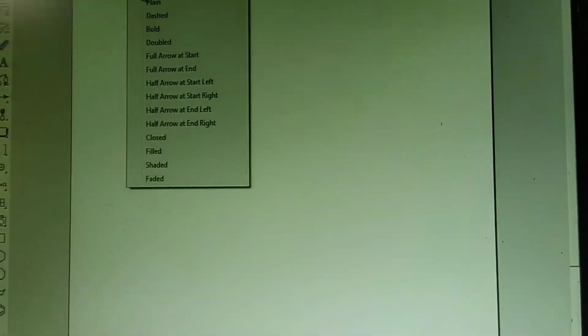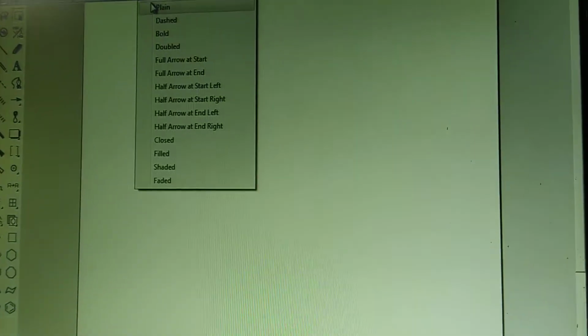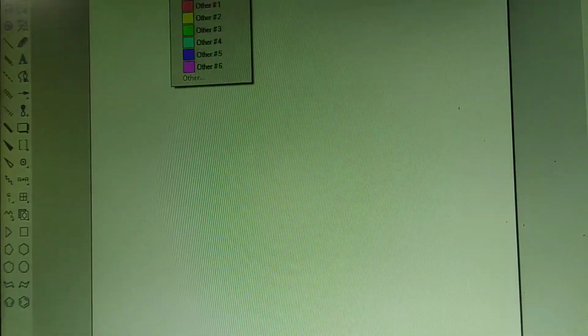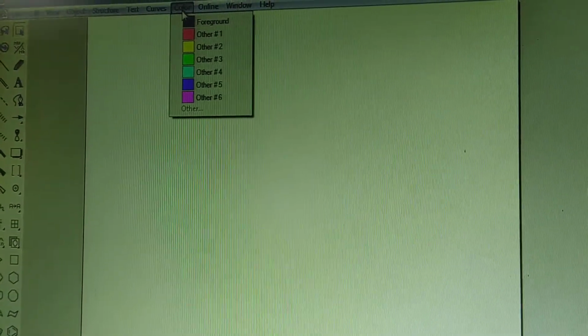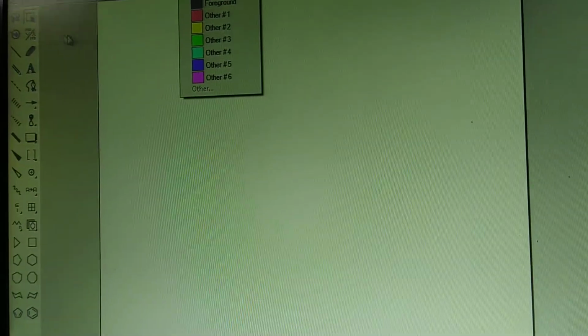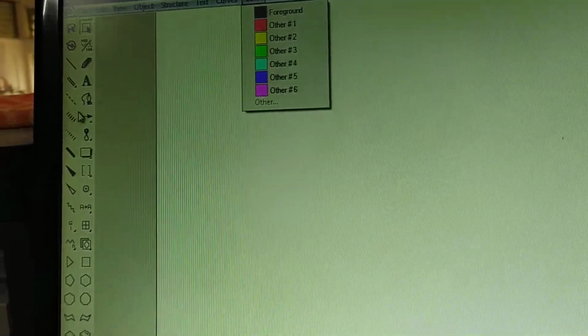Curves: different curves are there which are used to prepare the reaction and mechanism. Color: if you want to give any color to a particular atom or ring system, then you can put these colors.